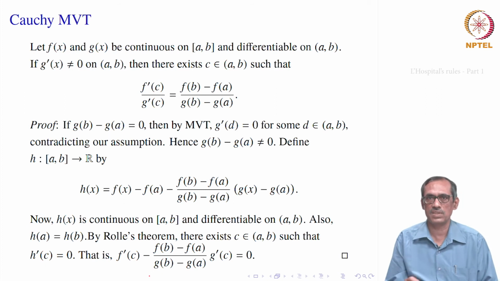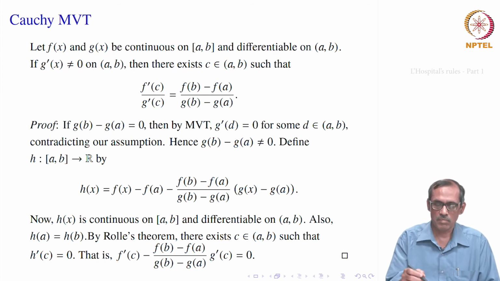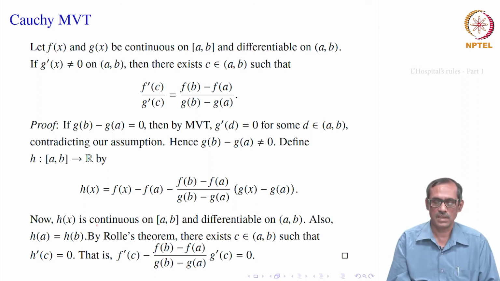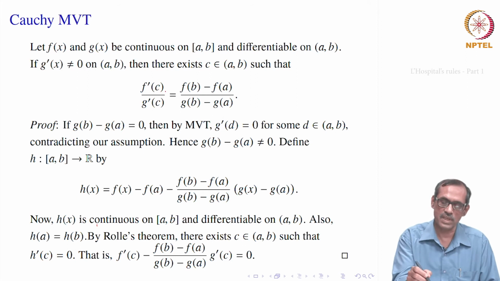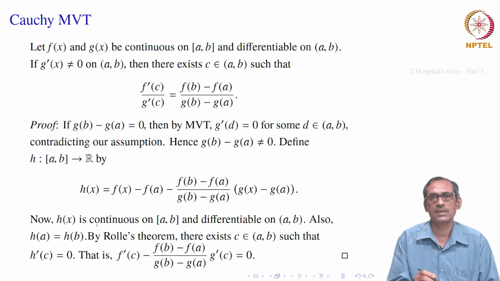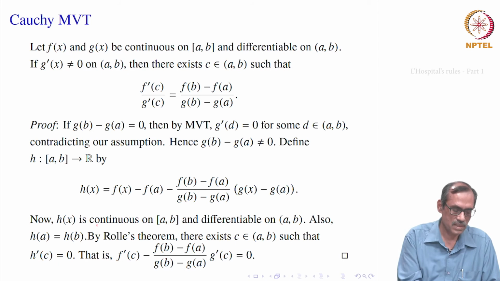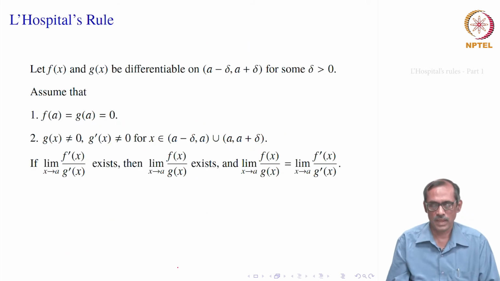We do not know whether these C and D are equal or not, but the potency of this result is that you can choose a point C where both the things coincide, both the things can be evaluated at that C. You do not have to take two different points C and D. That is how this theorem says something more than the mean value theorem. Okay, we will see how to apply this for proving L'Hopital's rule.